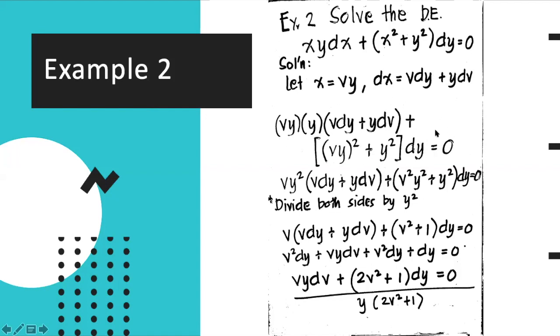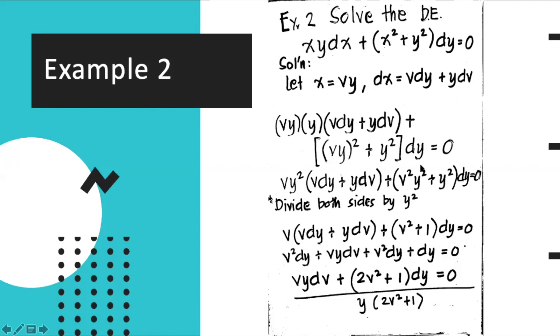So basically, the resulting equation contains variables v and y. Wala na yung x. Nakuha? Pag may x pa ikaw na makita dyan, ibig sabihin may mali kang ginawa. Or you did something wrong. Okay, so dapat variables v and y lang yung makikita mo. And the next step will be algebraic manipulation lang. So you combine them, vy times y, vy squared, you copy this. And then here you have,